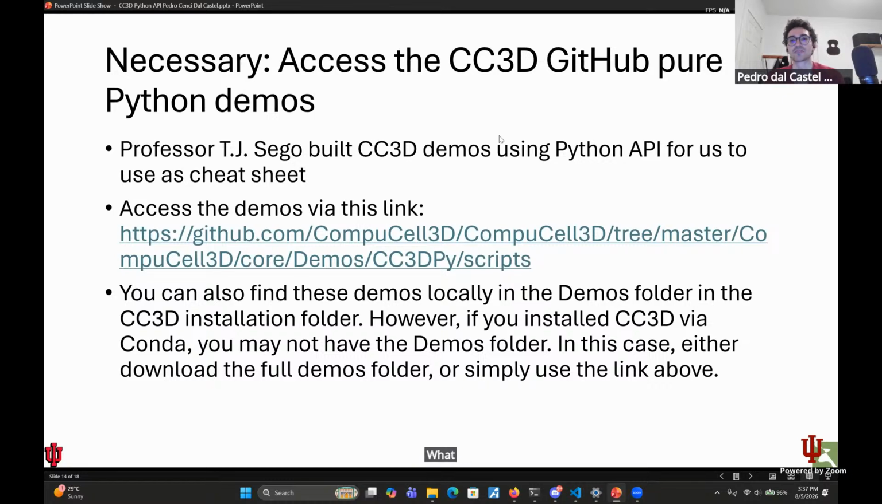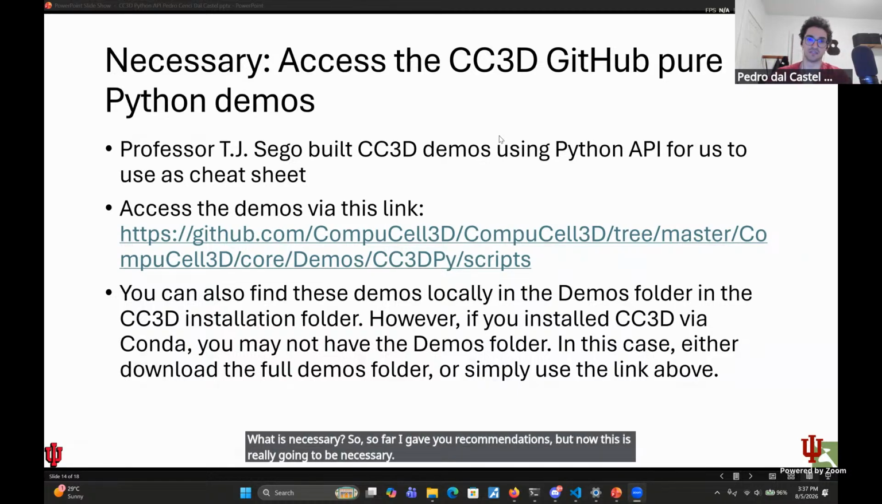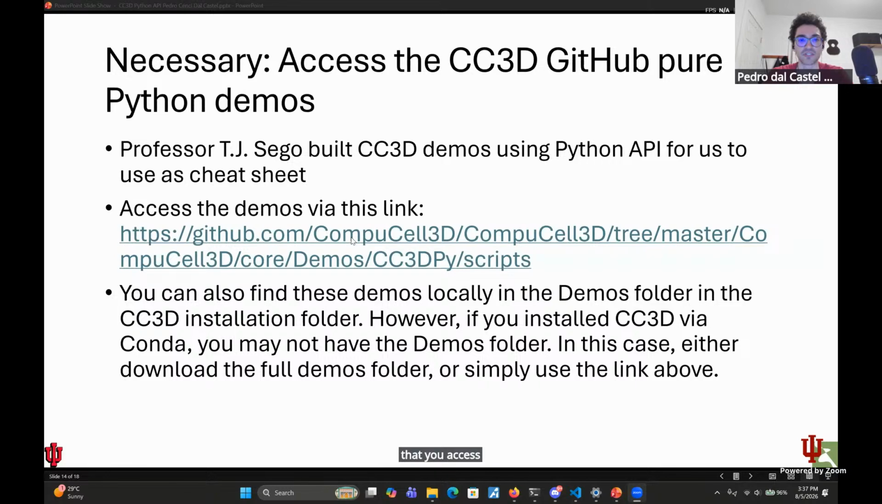What is necessary? So far I gave you recommendations, but now this is really going to be necessary that you access this link over here. GitHub scripts. This is where you are going to pull the syntax for building your simulations. So in this GitHub folder, there is going to be a simulation specification for chemotaxis, simulation specification for cell sorting,